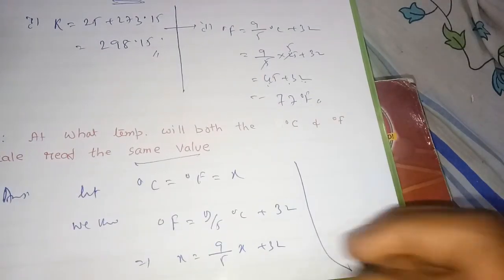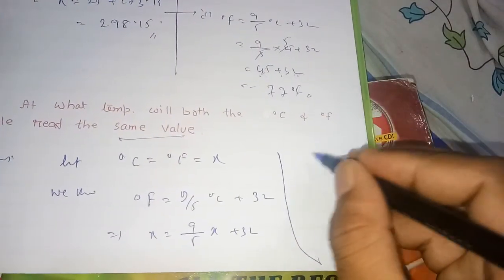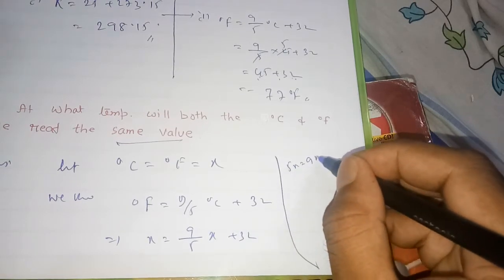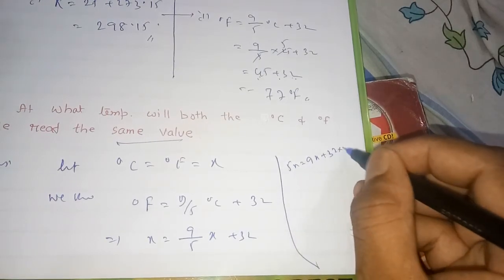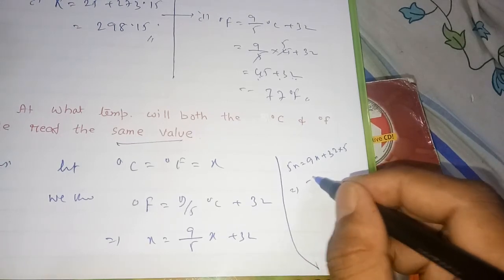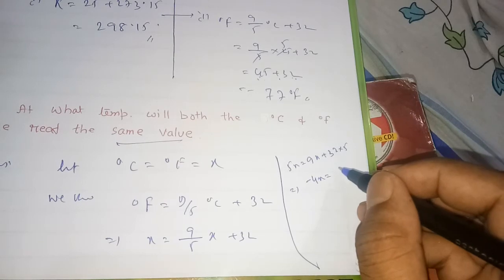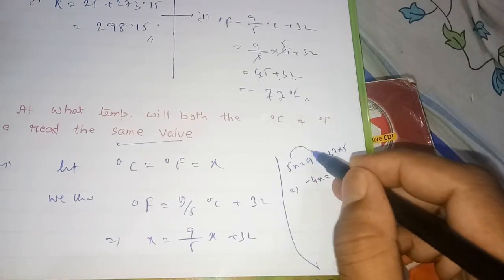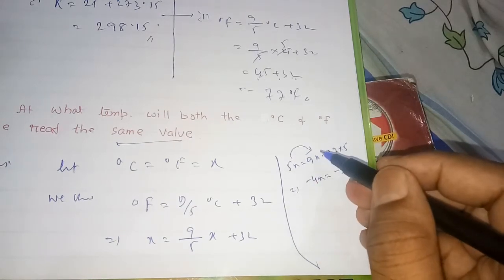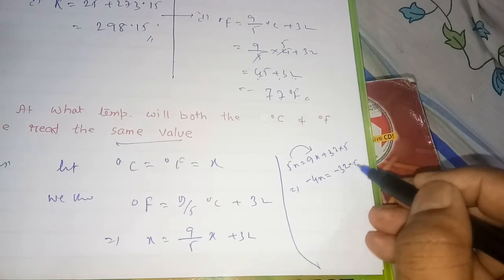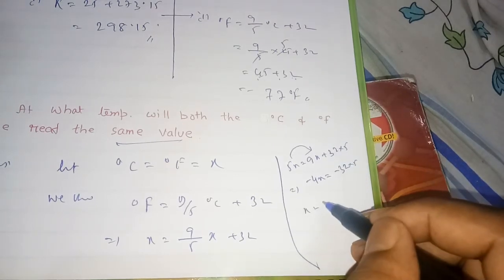So by that you calculate 5x equal to 9x plus 32 into 5, or minus 4x is equal to 32 into 5, x equal to